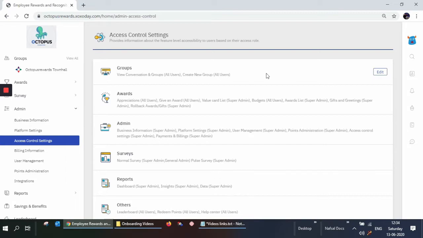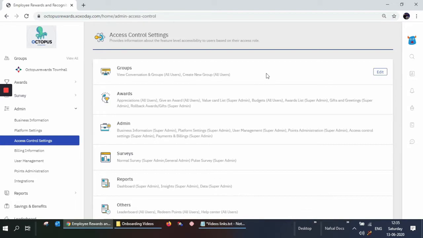Sometimes when you have to do the award setup or configure the greetings, etc., one person may not be sufficient to do all of that. So a super admin can delegate these admin-related activities to someone else in your HR team who has a role called general admin. So how do you delegate those activities that a super admin does to the general admin or anyone else? You change those settings in this place.